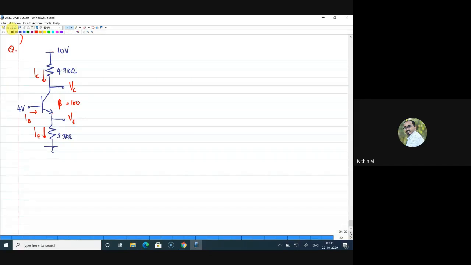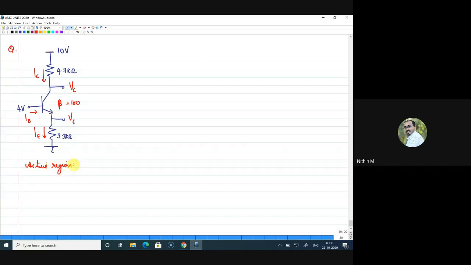Okay, now let me tell you one more thing. Similar to the case of MOSFET, where we assume that the transistor will be in saturation, take the saturation current equation, and proceed with the DC analysis, similarly here we will assume that the transistor is in the active region. Now that assumption is not like a blind assumption.